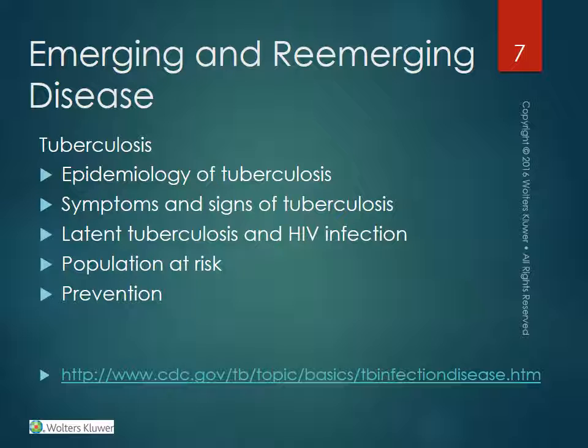A person may not be contagious even though they have a positive TB test. How can this be? This is known as latent TB. Those with HIV should be tested for latent TB, as a weak immune system can lead to the active form more quickly. Those at risk of acquiring TB include the incarcerated population, those living in homeless shelters, and those living in inner city and crowded areas.